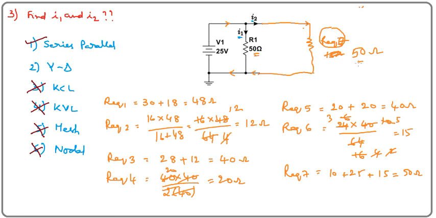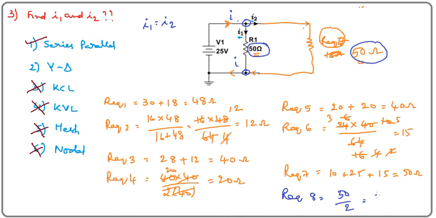This is 50. This is also 50. So whatever the current, that current is equally dividing. So we can show the fact that I1 is equal to I2. Let us see what I1 and I2 are. Again we need to go ahead with the reduction. This is 50 ohm and this is 50 ohm, and current is dividing at this point and adding at this point. So these two are in parallel, and the equivalent resistance should be half of the value, so 50 by 2, which is 25 ohm.